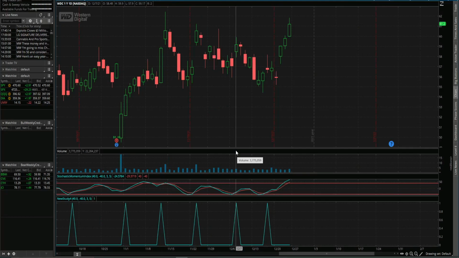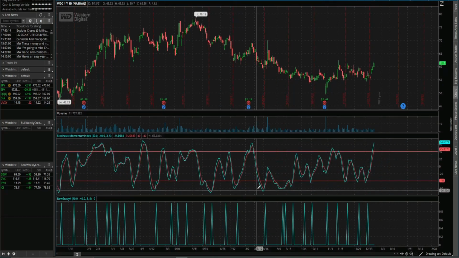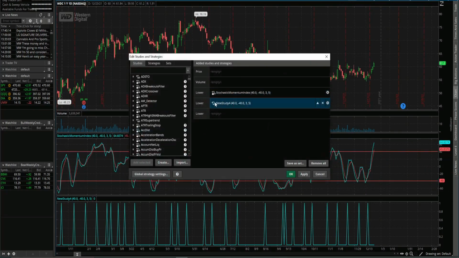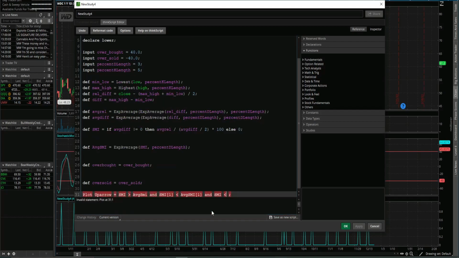So it's happening every time there's a crossover, you're getting a spike. But we only want to see this spike when it's happening in the oversold area below this red line. So let's go back in. Let's say SMI is less than